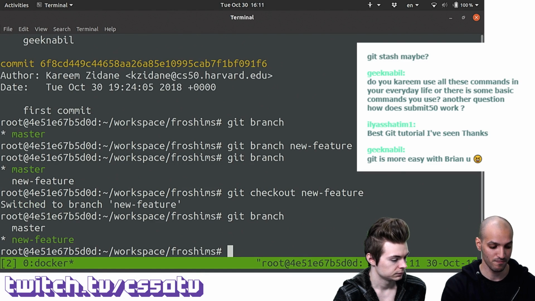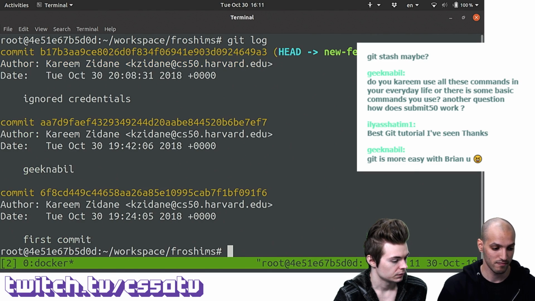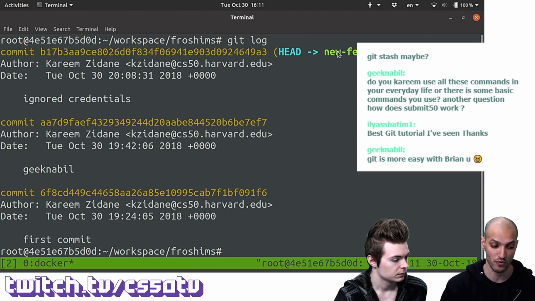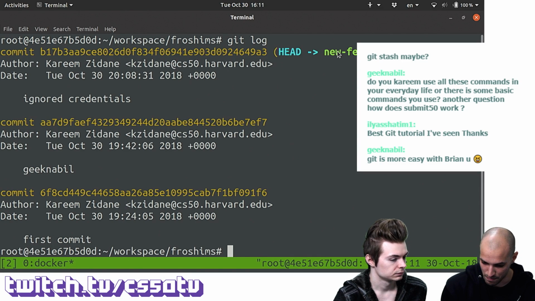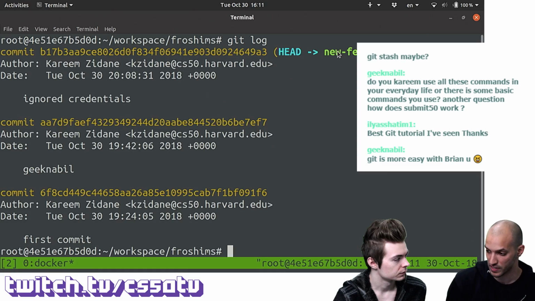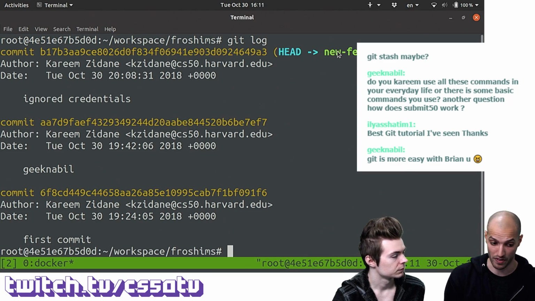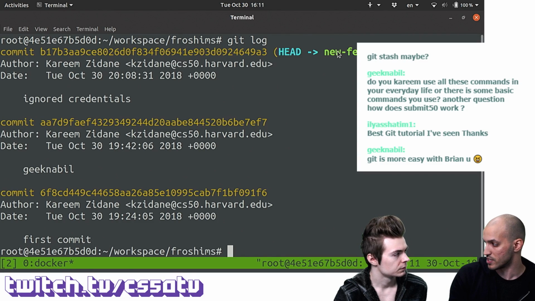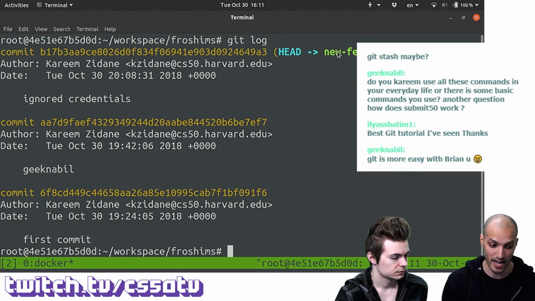Now if I do git branch again, it says we're on new feature. Interestingly though, if I do git log, it shows the exact same thing, and shows on the top here that new feature is also pointing to the same commit. And this actually sort of supports the point that we talked about earlier, that Git does this efficiently. When you create a new branch, Git doesn't really copy everything that you have into a separate place and just give you a branch to work with, but rather, if Git can refer to something from before, it's just going to use a reference to it. Sure. In this case, all 3 references, head, new feature, and master, are pointing to this specific commit.